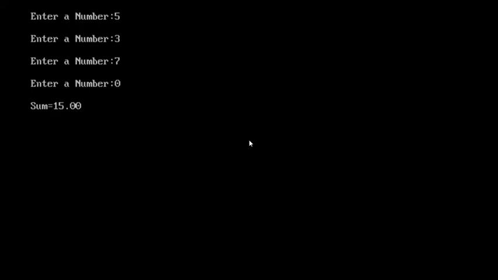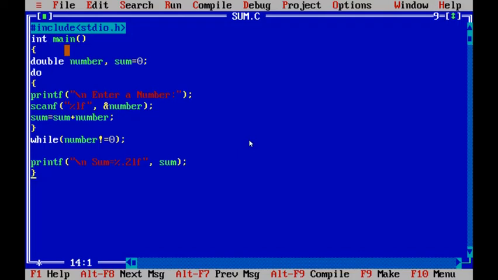Sum is equal to 15.00. If you observe the program, while printing the output, we used the format specifier %.2lf. Actually lf is used to print the double floating point number.